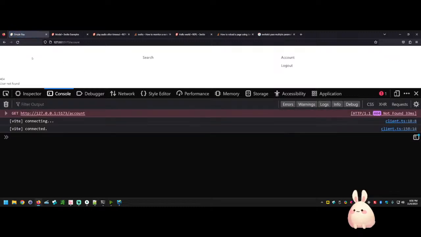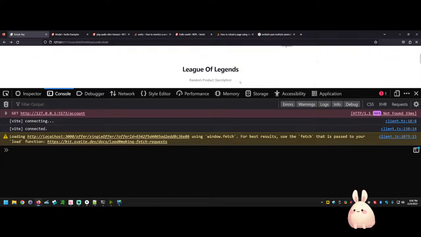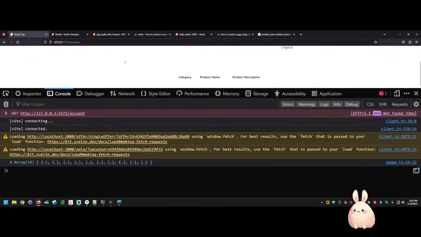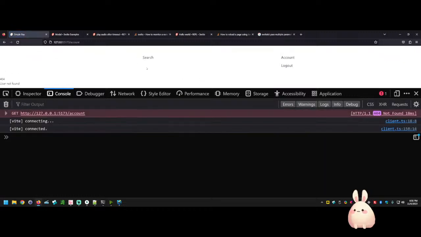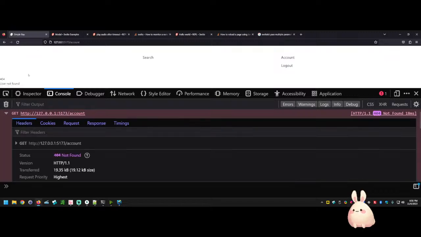I don't think that's the best approach. If we go forward, we go to account. It works fine that way, but if you refresh the page, we don't keep the account up. I know why. I remember now. We kept the user in local storage, and it doesn't keep it. So